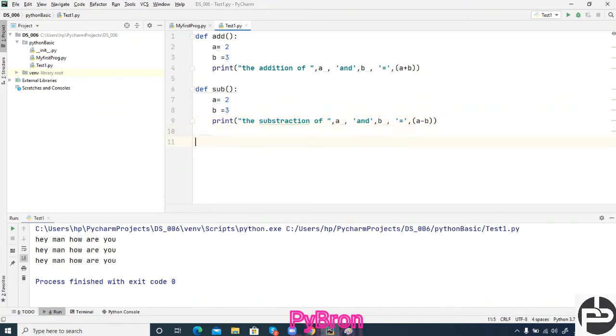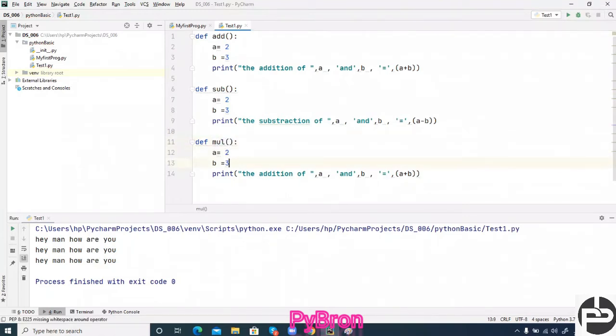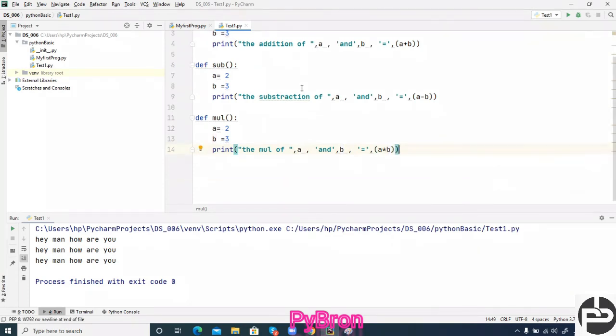Similarly, I am going to make one more method for multiplication, mul, and instead of the plus, a asterisk b. That's all. Division you can make from your end.